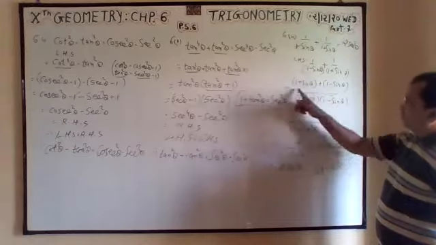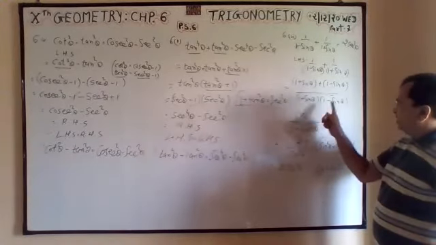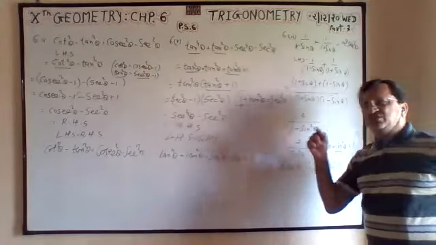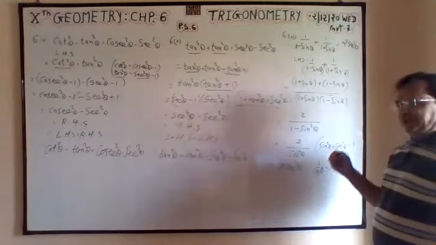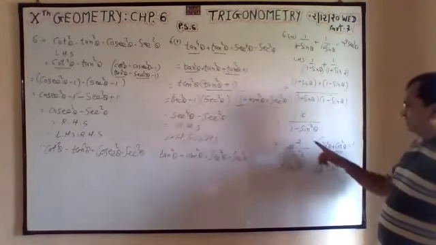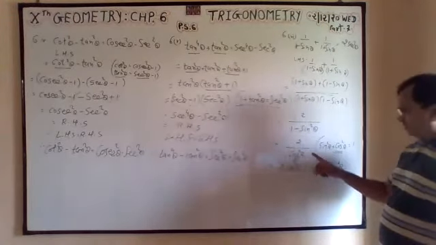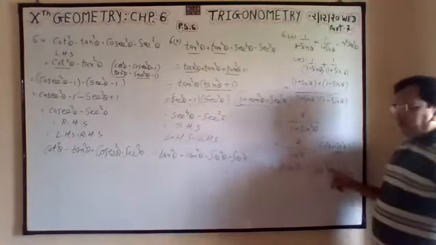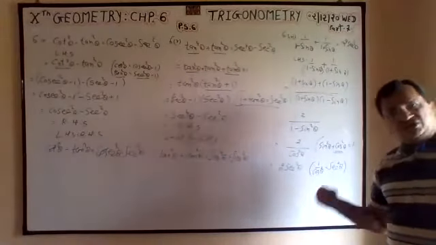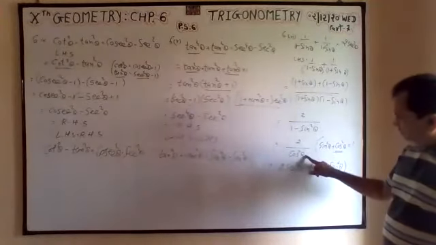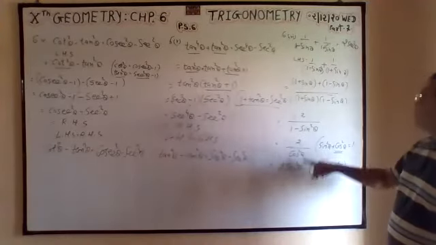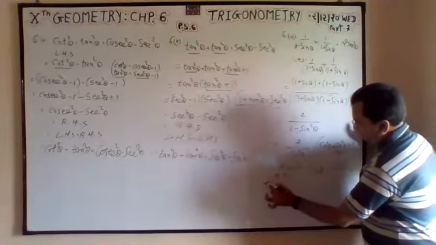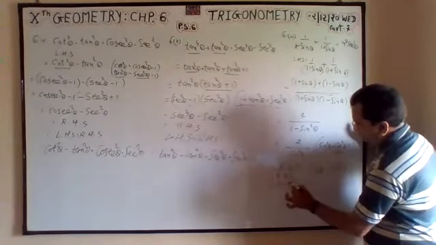Sine minus sine 0, 1 plus 1 is 2, a plus b, a minus b, so a square minus b square. Sine square plus cos square is 1, so sine square is equal to 1 minus cos square, and cos square is equal to 1 minus sine square, so 1 minus sine square is equal to cos square. Now the inverse formula we are using: 1 by cos is equal to sec, so 1 by cos square is equal to sec square, so 2 sec square theta that we want, that is the right hand side. Therefore left hand side is equal to right hand side.